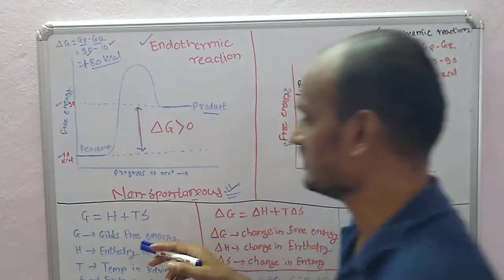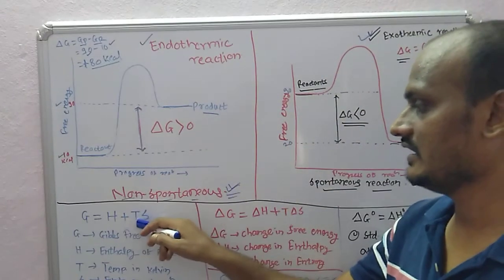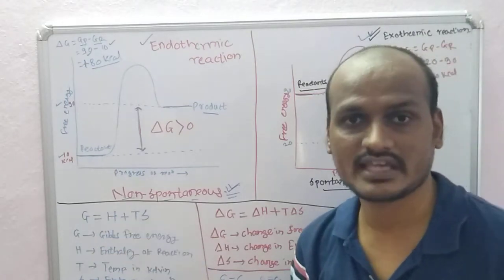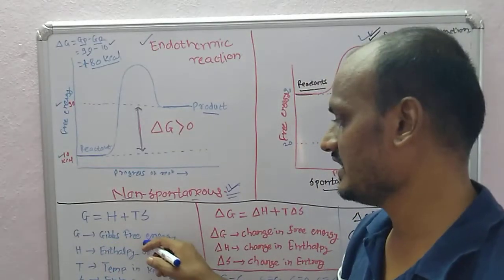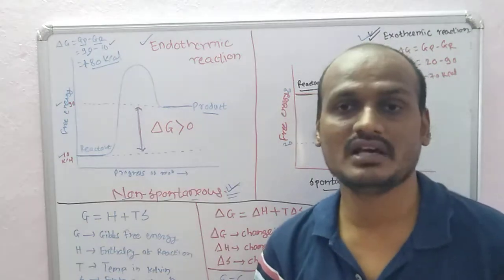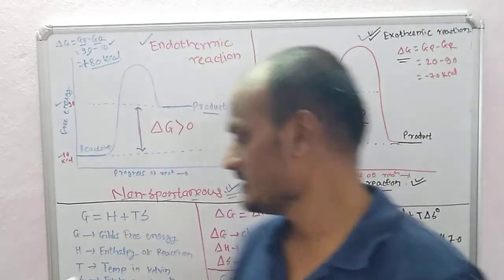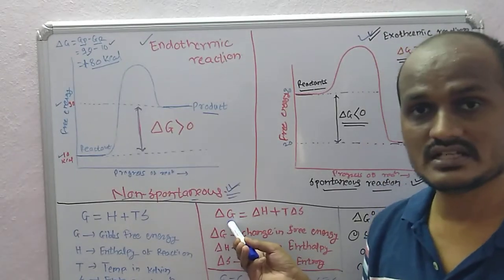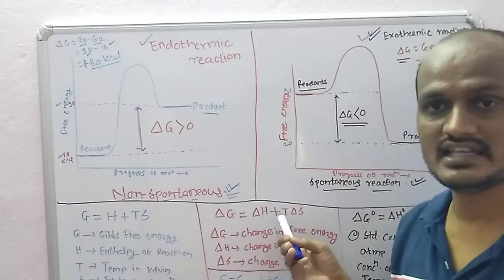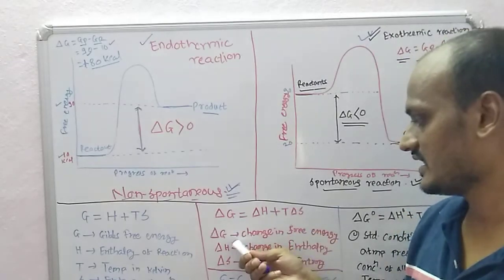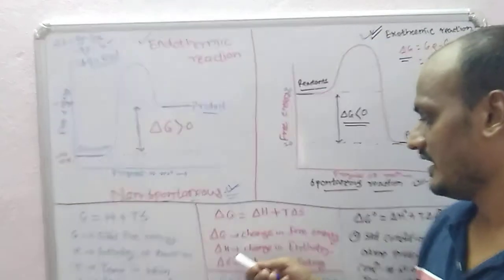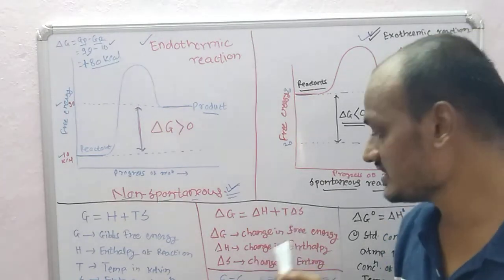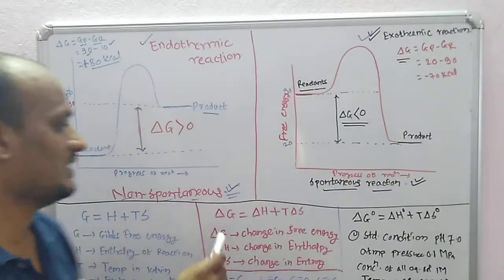So we have other terms. G is equal to H minus TS. So what is free energy? G we denote as the Gibbs free energy. The Gibbs free energy is equal to enthalpy minus temperature multiplied by the entropy of the system. If we are calculating the difference, delta G is equal to delta H minus T delta S. Delta G is the free energy change, delta H is the change in enthalpy, and delta S is the change in entropy of the system. So that is how we can calculate the change.